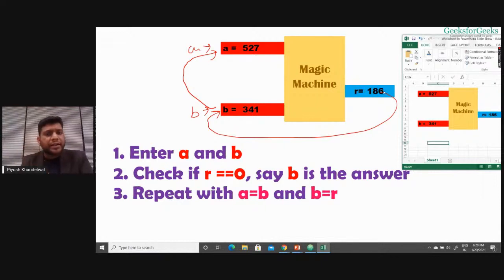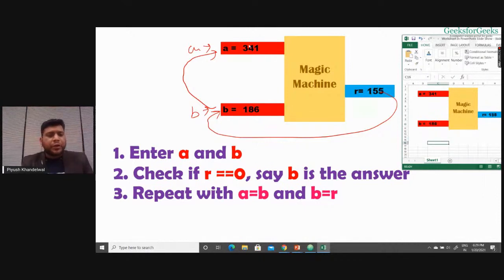So what do I need to do? I need to put the value of B at A and the value of R at B. So A will have the new value, 341, and B will have the new value, 186, right? So I'll write 341 here and 186 here.